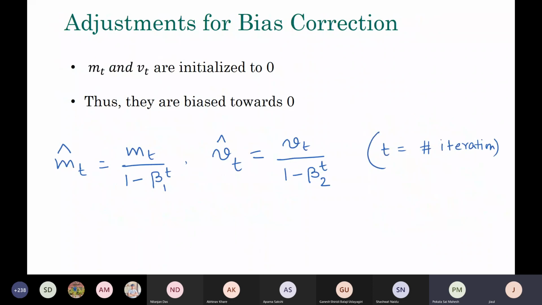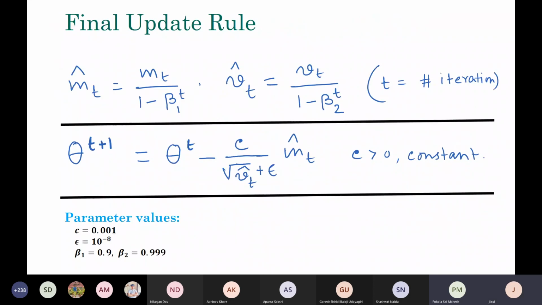So there are a few suggestions from the paper, like what should be the value of C, what should be the value of epsilon, beta 1 and beta 2, and so on and so forth. From the original paper, I copied these parameters. But again, these parameters may not be the whole truth of everything. It depends on the nature of the data, the problem, the error function, everything that you are dealing with. So when you are running these experiments or building your deep learning models, you have to do a little bit of experiments with these parameters.